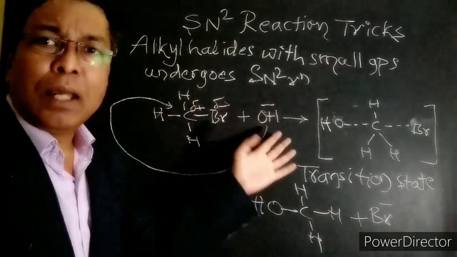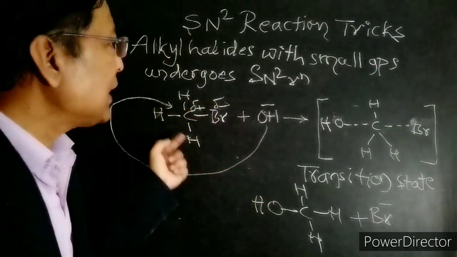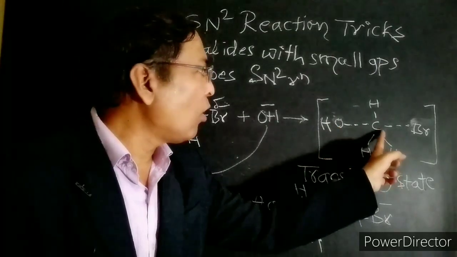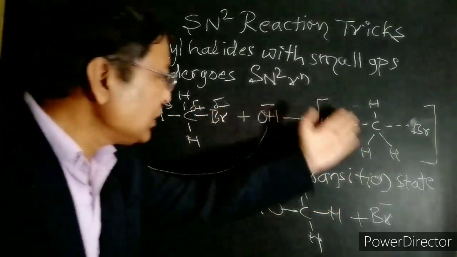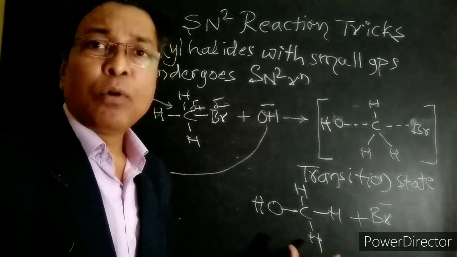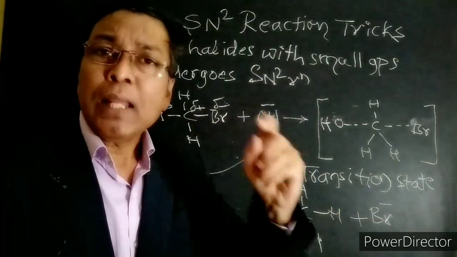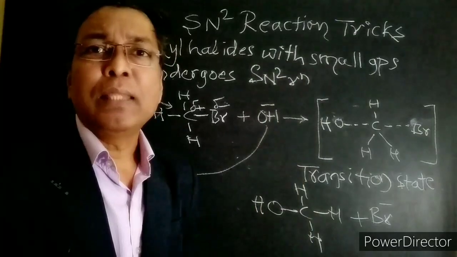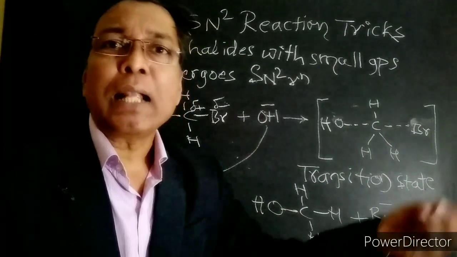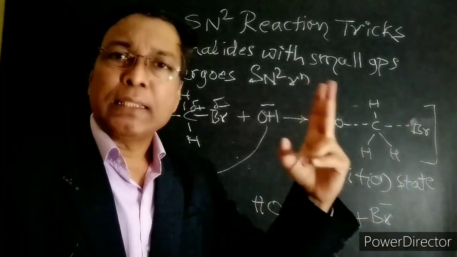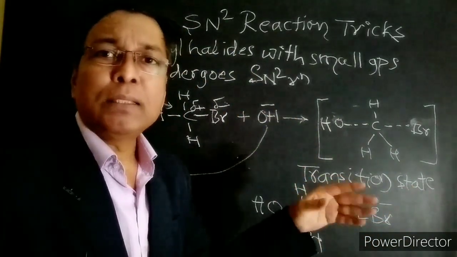And if you see the reaction, the SN2 reaction takes place in a single step. The attack of the nucleophile and breaking of the carbon and halogen bond take place simultaneously, and in one step we get the product. Therefore, SN2 reaction takes place in a single step. In SN1 reaction, we have seen there was the formation of carbocation. In the second step, there was attack of nucleophile. Therefore, SN1 reaction was taking place in two steps, but SN2 reaction takes place in a single step.